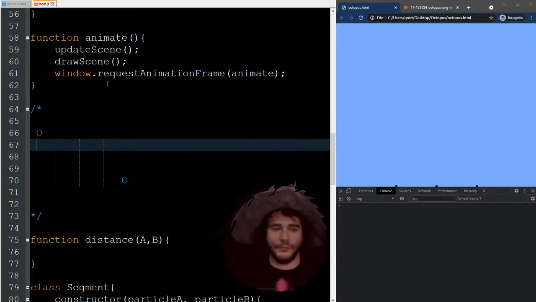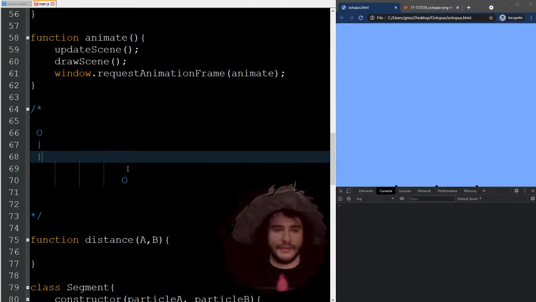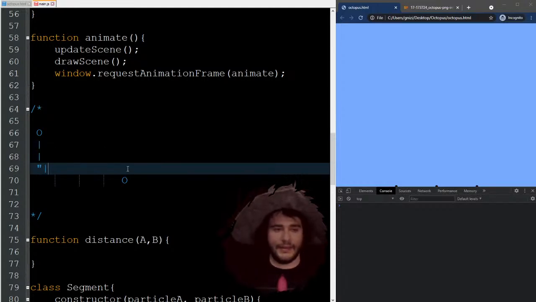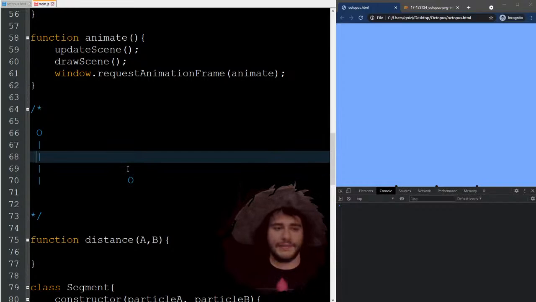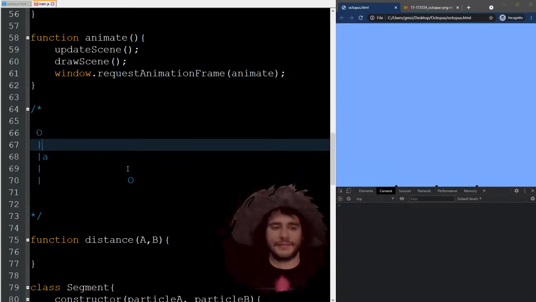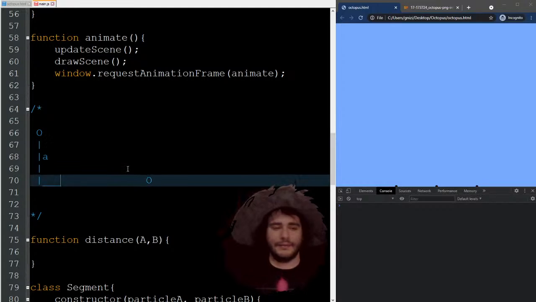So if these are the 2 points and I want to know the distance between them, basically I can calculate it if I know this value here, this length is A,